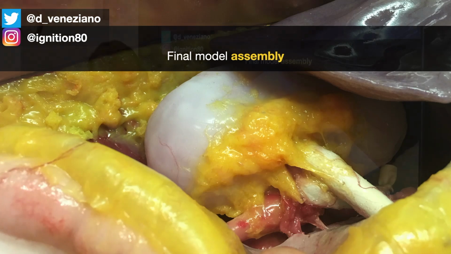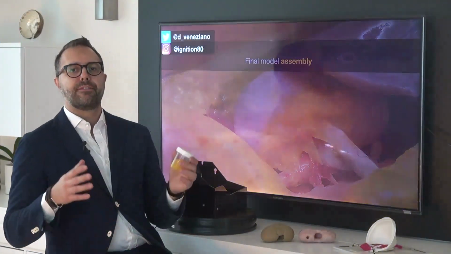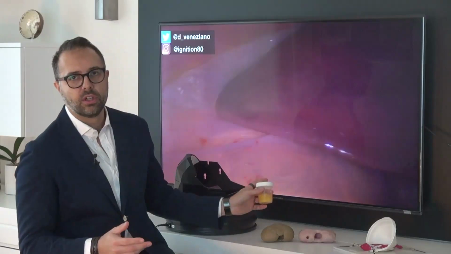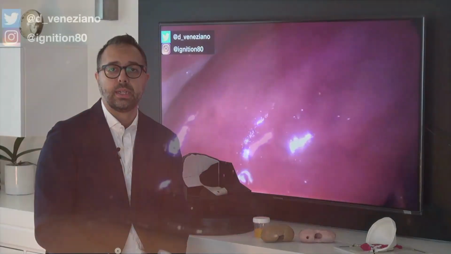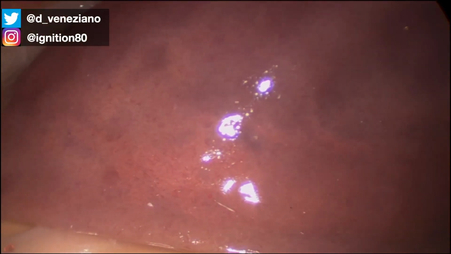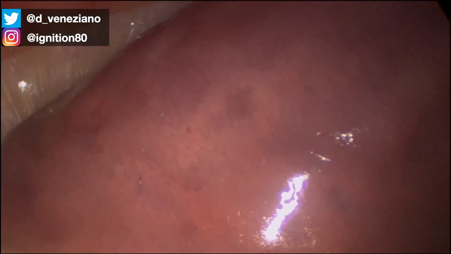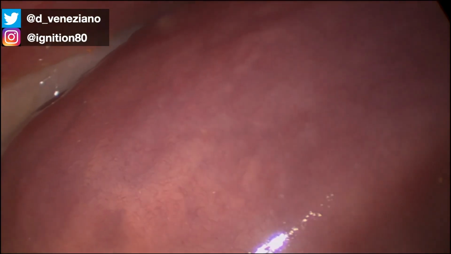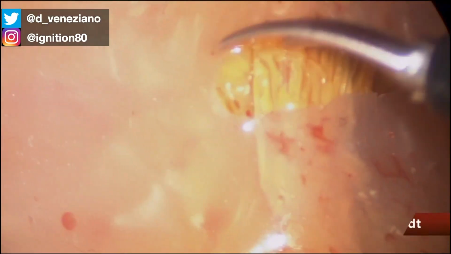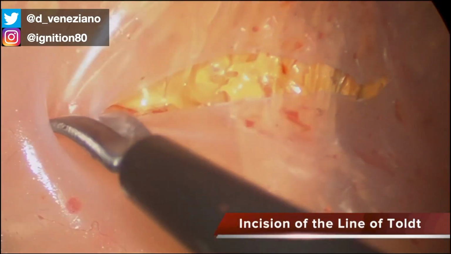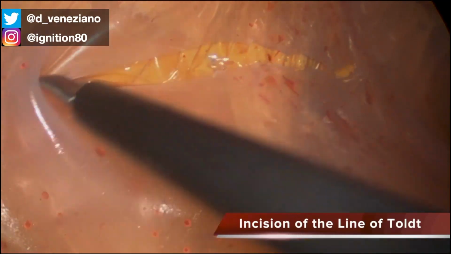After this, after the final assembly, you can go on and finally test your model. And here you can see how the model looks after having built it completely. The liver was looking so realistic, and every single maneuver was there. In this case, once again, I was absolutely amazed by the final